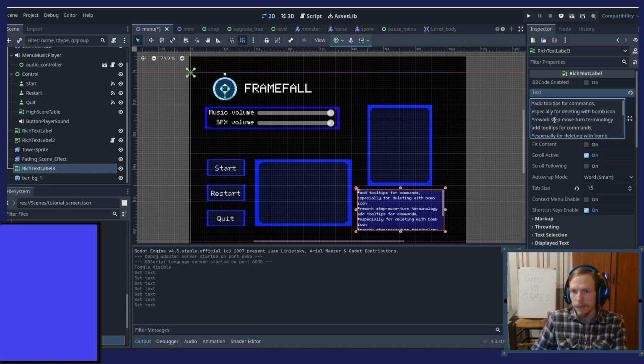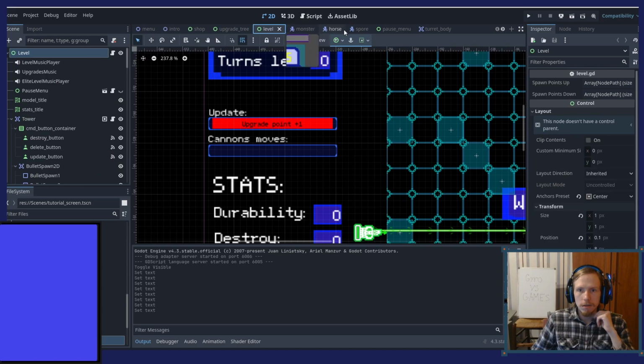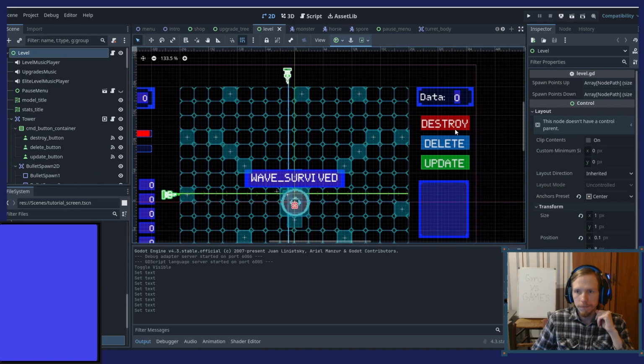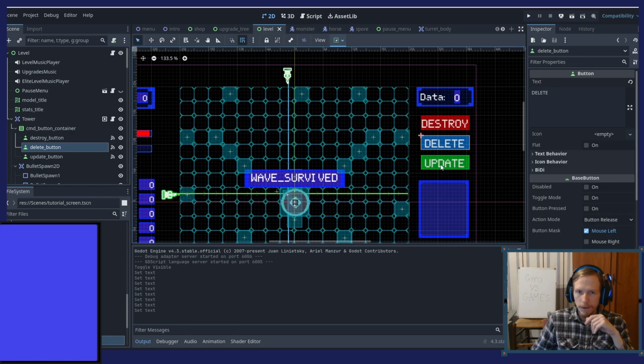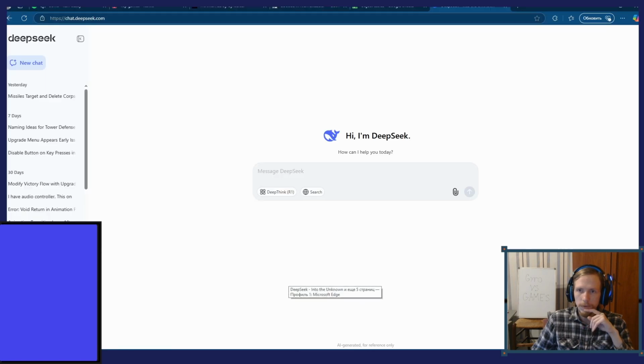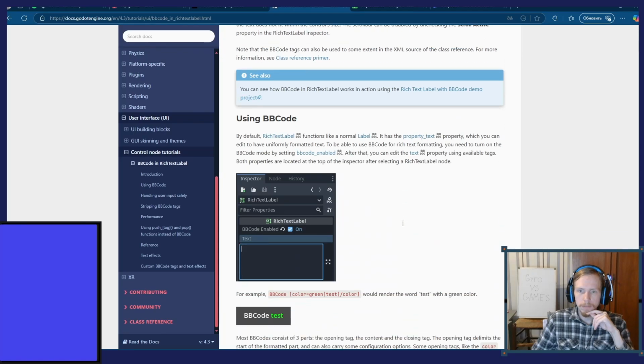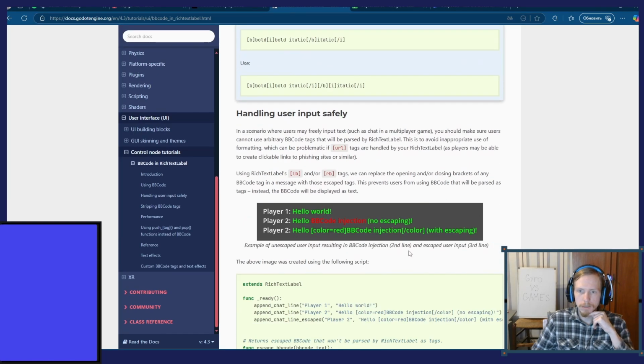Okay, so let's think about it. So we're talking about those. How can I implement the flashbang warning? Okay, BB code. I think I saw something here.